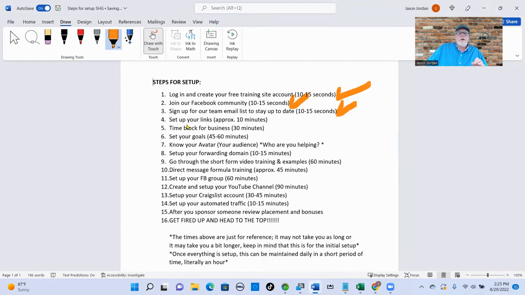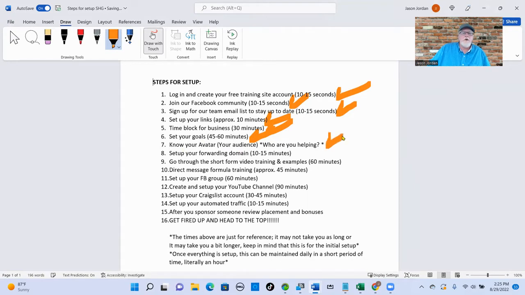How to set up your links. Takes like 10 minutes. We did a short tutorial on that, and there's more information inside the free training funnel, of course, in the team site. Okay. So time blocking for business and the importance of that we went through. Set your goals and the importance of why we set goals with this business. Knowing your avatar.